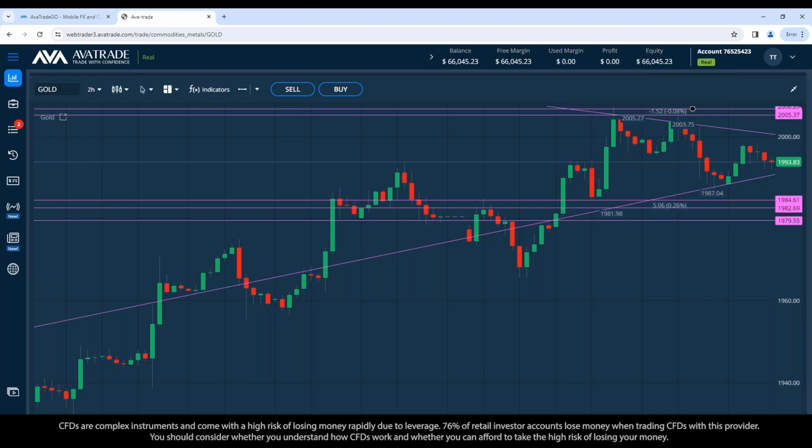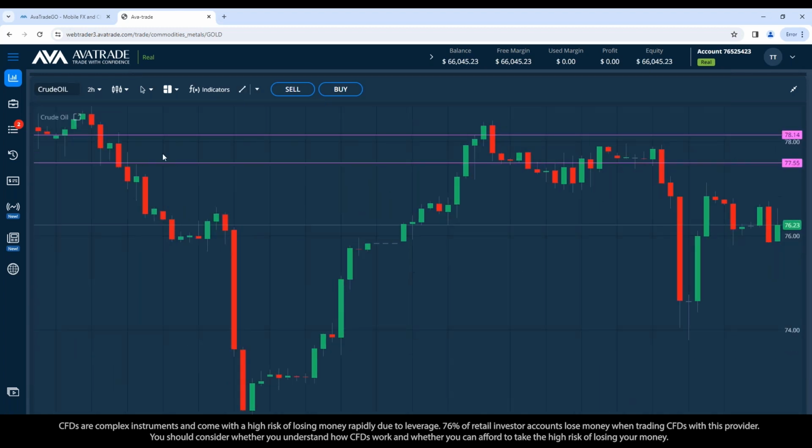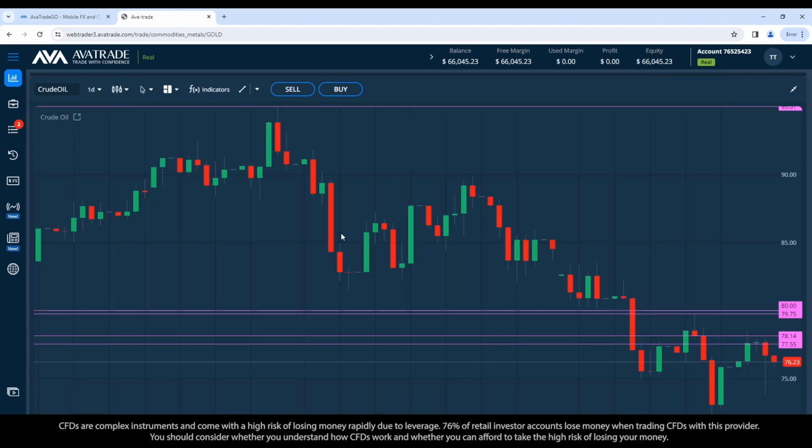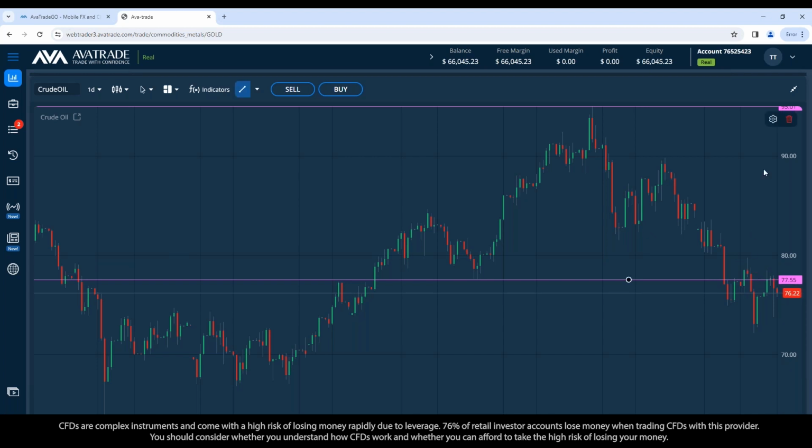And yes, I can go ahead and bring up crude oil. I know the request was commodities, and we looked at one. Let's look at another one. And if we go to larger candles like 1 day, we can see there's been quite a downtrend with crude oil. And let me get rid of some of these old lines. Why the downtrend on crude oil?